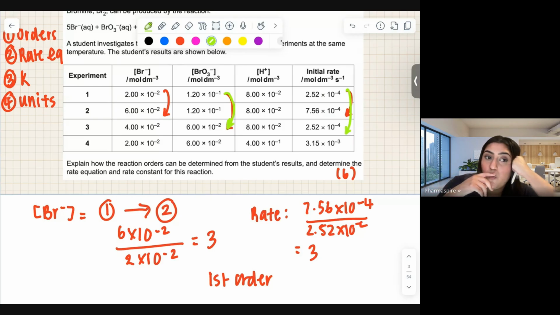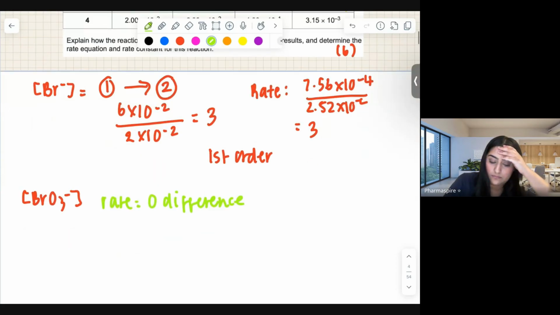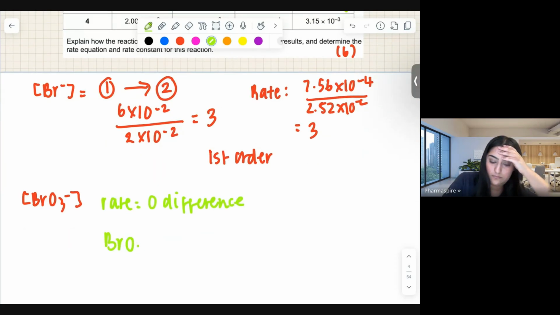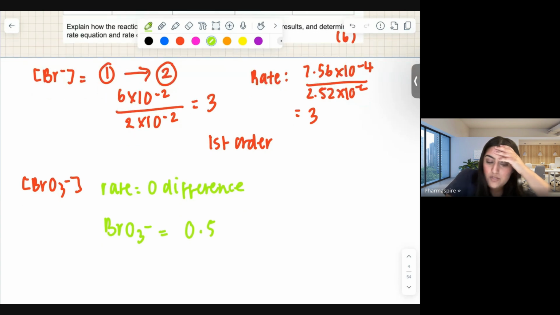So what's the difference between 1 and 3 for BrO3 minus? Perfect, 0.5, yeah? So let's write this down. The first one is first order, isn't it? So Br minus is first order. So if I times that by 2, then the rate should be times by 2, isn't it? But